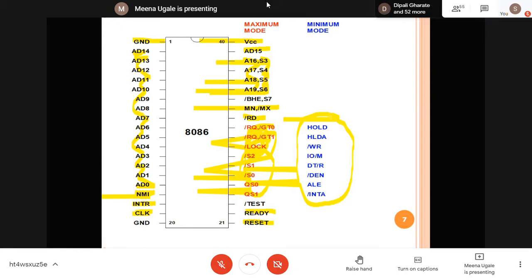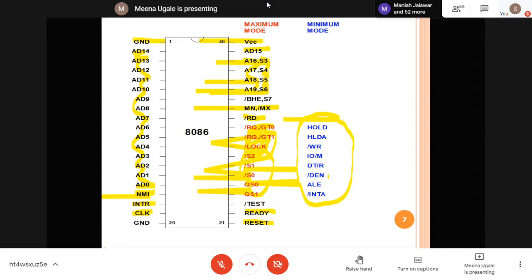Similarly, the blue color pins, HOLD and HLDA. When any DMA controller is used with 8086 for memory transfer operations, these pins are used. Then the read and write signals, and IO/M, whether it is input-output operations or memory operations. DT/R is data transmit and receive.